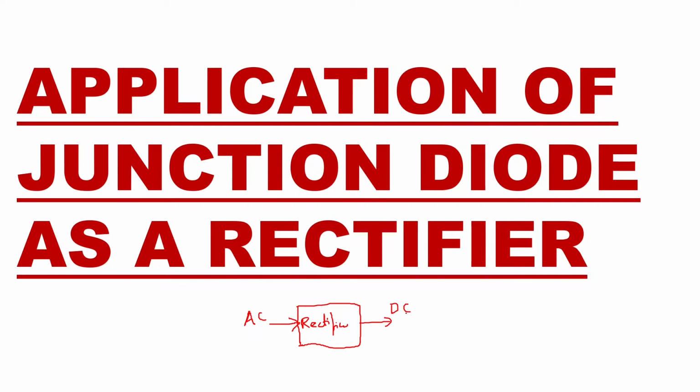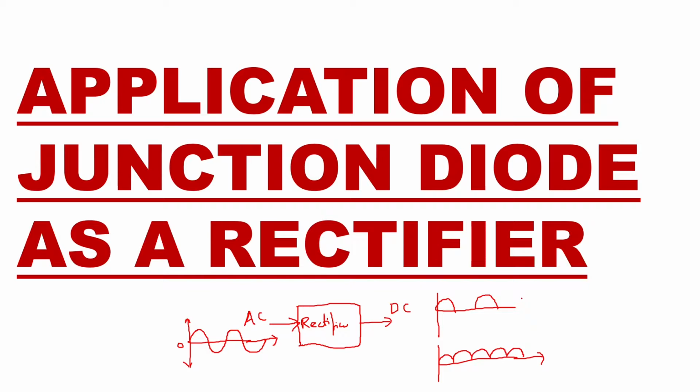that is AC to DC. Here it is an alternating quantity at the input, that is, you will be having a positive half cycle, negative half cycle, positive half cycle, negative half cycle, and that will be converted into one direction output. So if the output only exists when the input is a positive half cycle, it will be called a half wave rectifier. If the output exists for both positive and negative half cycles of the input, then it is a full wave rectifier.